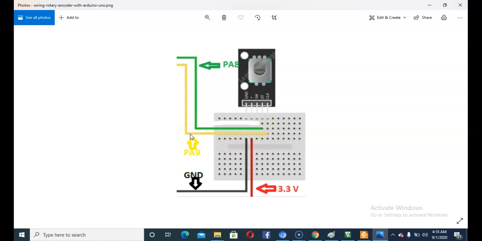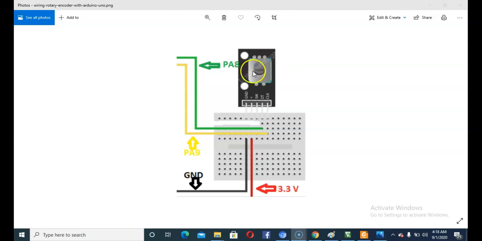So timer 1's two channels, channel 1 and channel 2, are used, and we are using it in timer encoder mode. Whenever you rotate this knob of the rotary encoder, the reading is reflected in the Keil debug mode, and you can get that reading in UART and accordingly change your application.